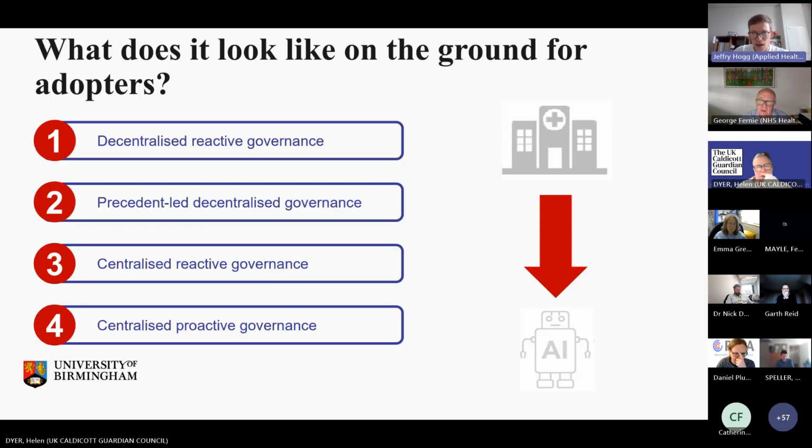I think I'm going to skip ahead actually a little bit. There's a little bit about governance structures here, but I'll go a little quickly through it. I just want to make sure I finish on time. But on the ground, from the adopter perspective, what I'd say is that there's